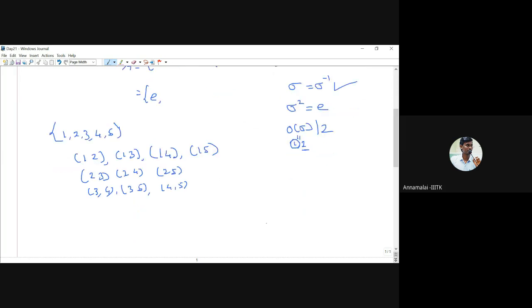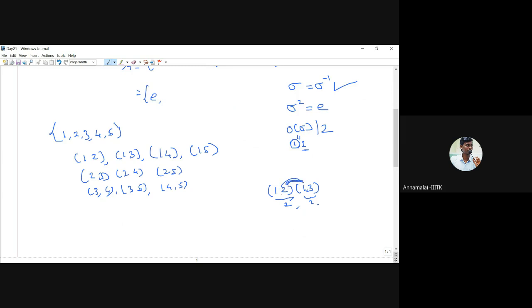Now, not only these permutations, we have other permutations whose order is always 2. What is the permutation? If you take the product of 2 cycles, suppose I am taking (1 2) times... don't take (1 3), because then we cannot take the LCM of these two lengths. The length of this is 2, the length of this is 2, but we cannot take the LCM of these two. Why? Because these two cycles should be distinct, disjoint permutations. That means what?